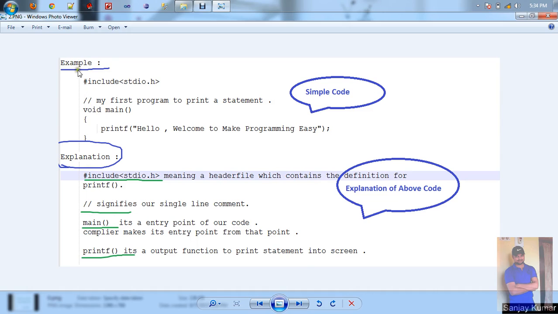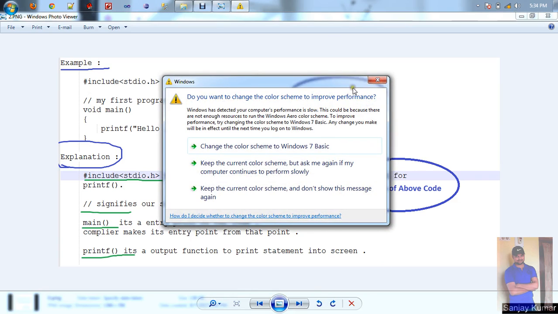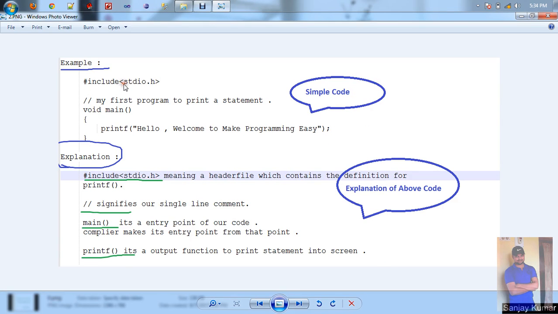Now, this is an example. It has #include <stdio.h>, a comment line, and this is the main function, and this is the statement which just prints a simple statement into the console window. As I think you know, #include <stdio.h> is a header file which defines the function printf.